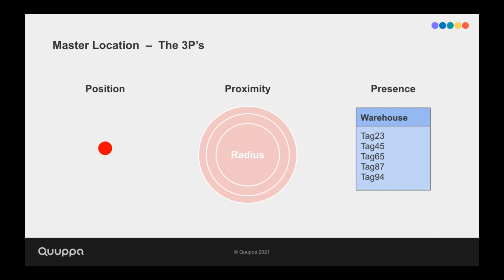So again, up till now, we've really been in the business of trying to provide the absolute best position of any track, tag, or asset. If there's anything which affects this kind of high accuracy positioning, such as reflections, then we wouldn't necessarily give coordinates of that location. But now things have changed. The QPE will now display a piece of information which we call location type. So this can consist of either position, proximity, or presence.